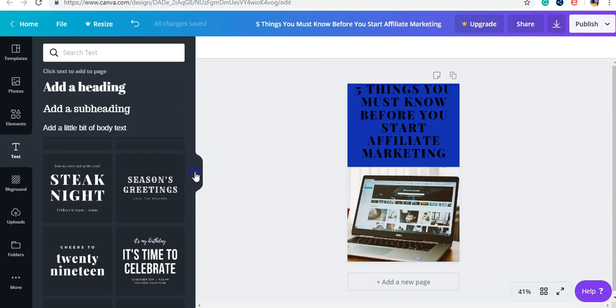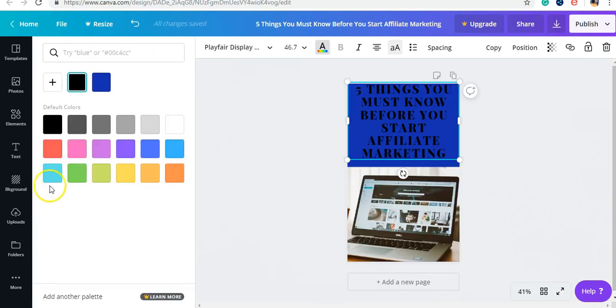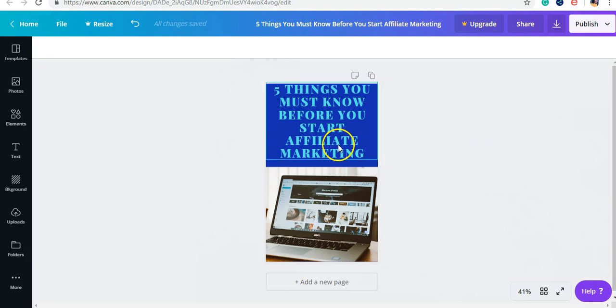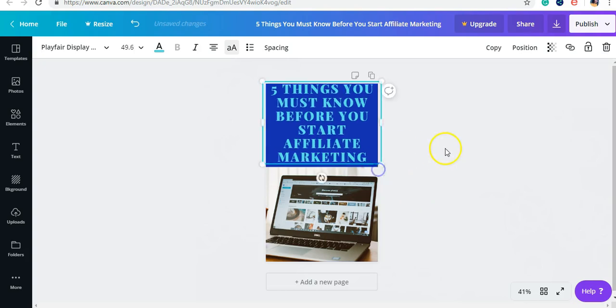that. So what we want to do now, we want to change the text color, and the color from our website is this one, so I can actually use that one. I can use that one, and it's just a simple pin. Actually, you can go, you know, you can be more creative